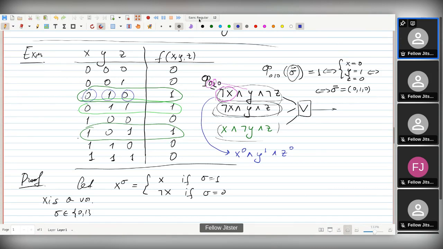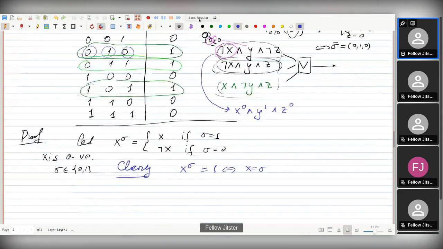Okay. You can treat it as a Boolean circuit. It either returns its input as is or it negates this. Clearly, the value it computes is 1 if and only if the value of x is sigma. It is easy to see that. So then,